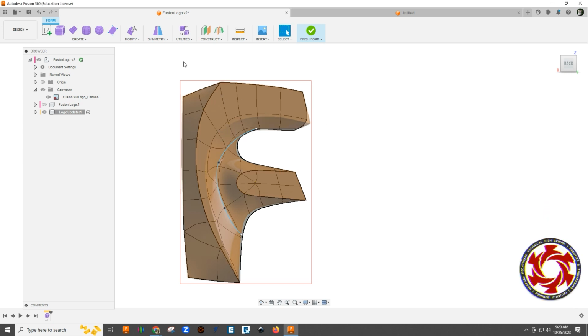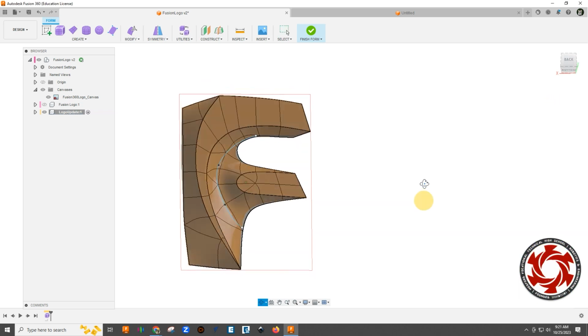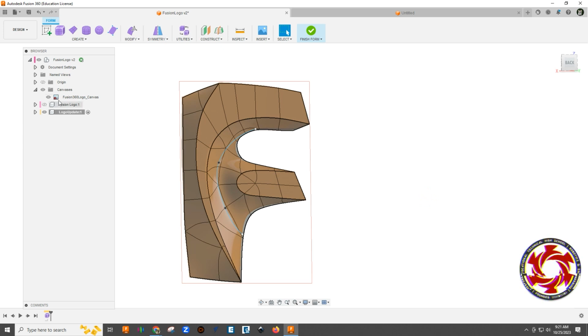We're going to crease that line now. So we'll go to crease, and I'm just going to select all of these. Oops, missed that one. There's a nice point there. That's perfect. So now I've got those two areas that are going to be raised, creased nicely, so that we